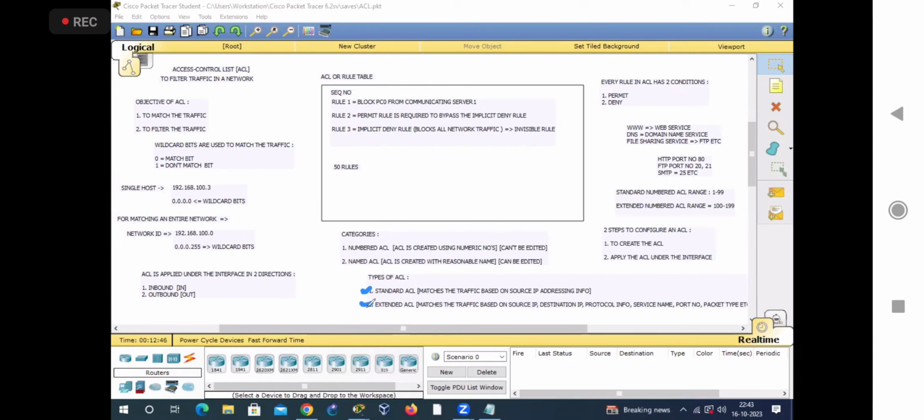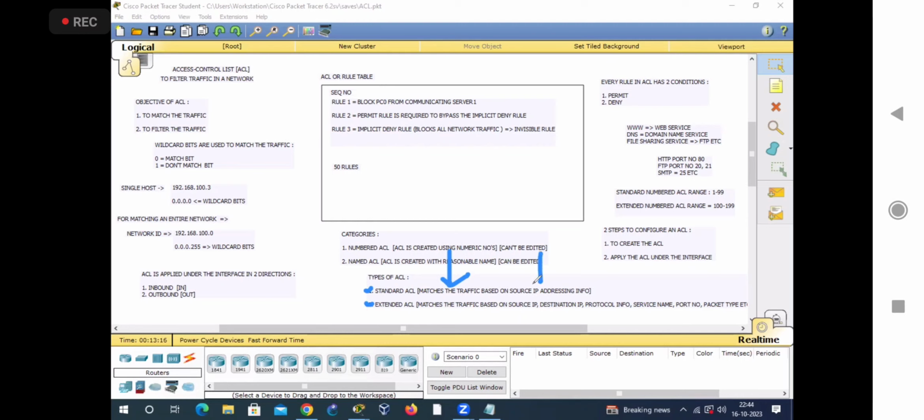Now we are having these two types of ACL. One is called standard and one is called extended. अब ये दोनों types जो है, ये numbered पे भी है, named पे भी है। मतलब standard numbered ACL भी है, standard named ACL भी है, extended numbered ACL भी है, extended named ACL भी है। अगर हम लोग डिफरेंसेस देखते हैं स्टैंडर्ड और एक्सटेंडेड के बीच में, so the difference is coming from the perspective of how these two types of ACL match the traffic, मतलब कैसे मैच करता है ट्रैफिक को।